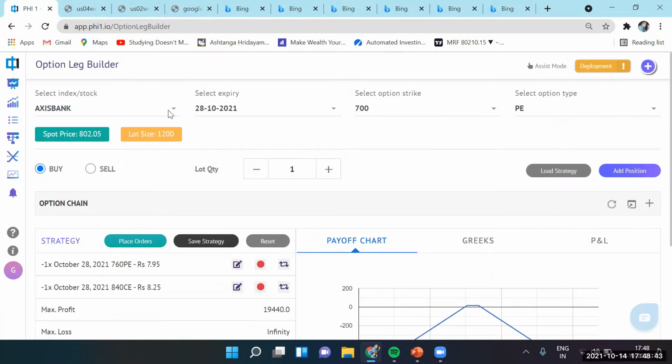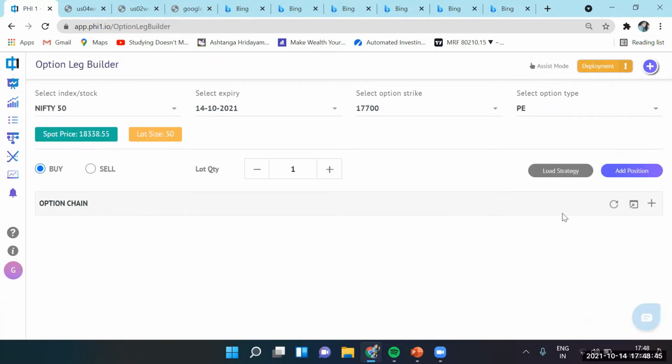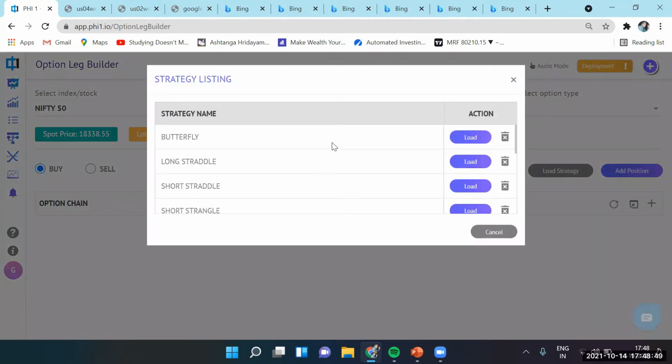So finally, I want to move, let me change the symbol. And I want to showcase other strategies. So we've talked about straddle, where you buy the call and put at the money. We have talked about strangle. In this case, we had a short strangle. So we were selling near ATM call and put. We got to backtest it on a variety of instruments, and we can load it for any instrument and place live orders immediately, few clicks.